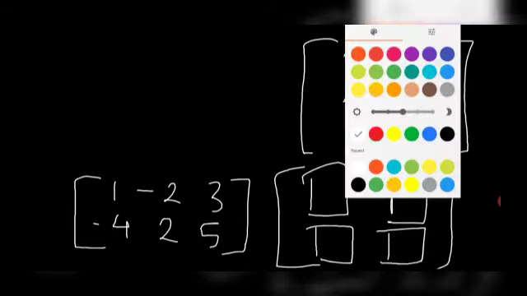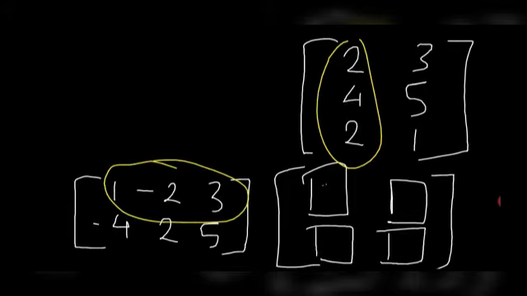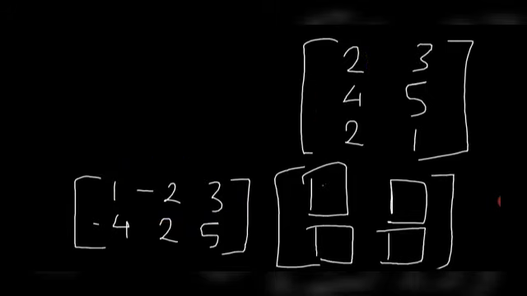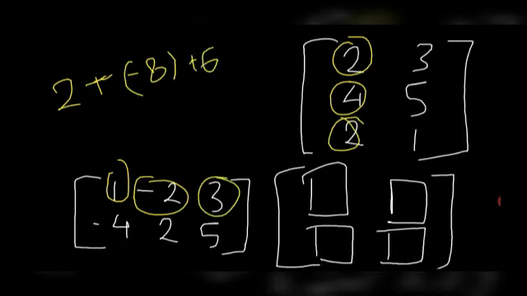Now what to do? What we will fix in this spot is this into this in a special way. What you have to do is take the first element and multiply it with the first element 2, then take the second element with the third element and add it. So it will be plus minus 8, then this into this, and it will be plus 6. So how much will this be? 0. So we will put 0 here.